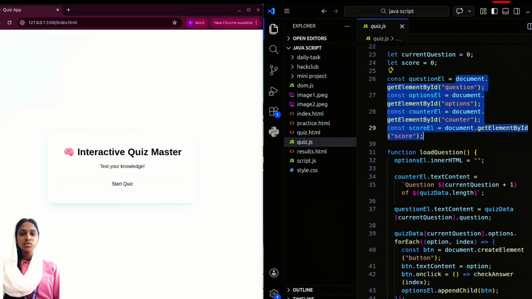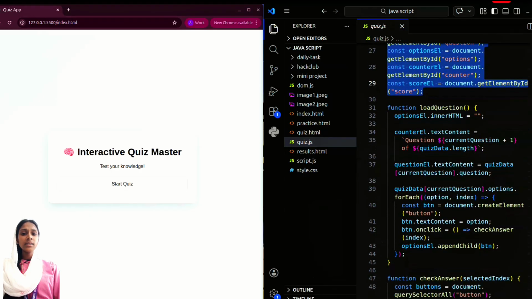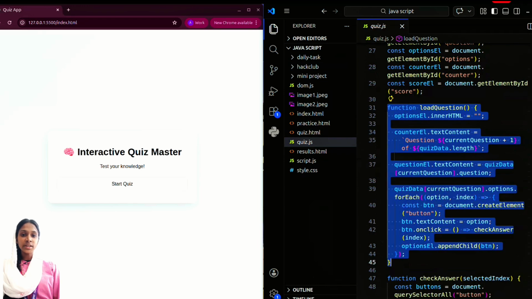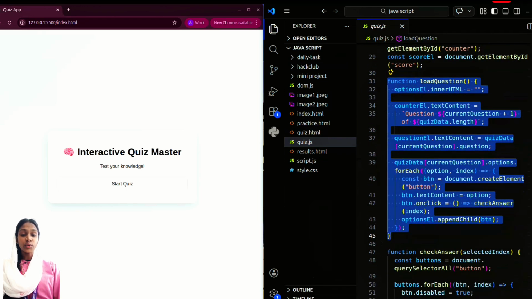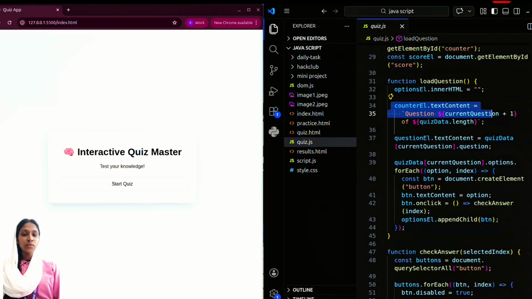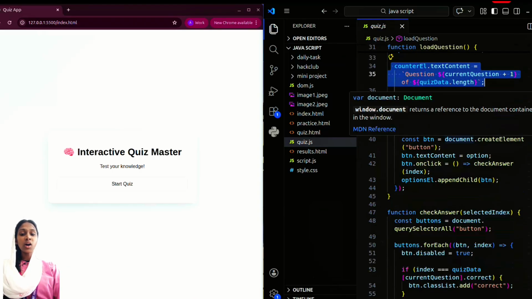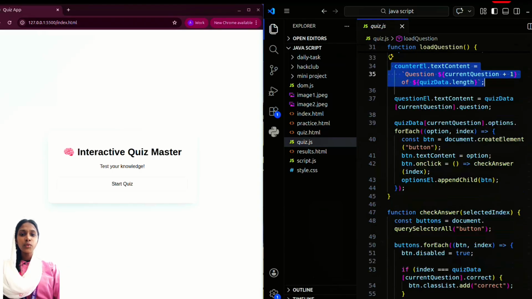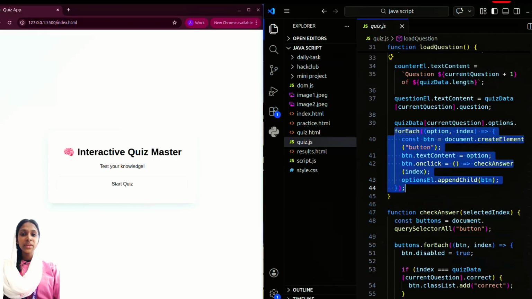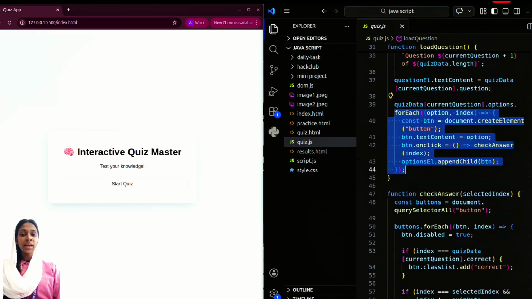Now we come to the most important function, loadQuestion. Let's break it down step by step. First we clear previous options using innerHTML. Then we update the counter text, for example question 1 of 3. Then we display the current question. Now comes the key part. We loop through the options using forEach. For each option we create a button. We set its text and we add a click event. When the user clicks the button, the checkAnswer function is called with the selected index. This is